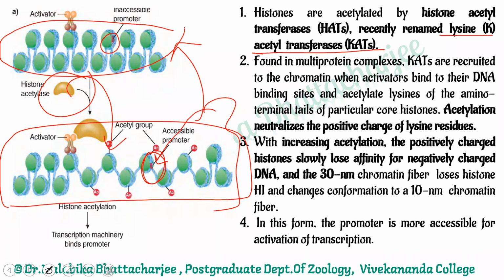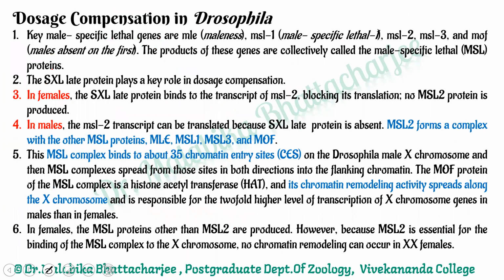Now, in case of Drosophila, by now I have repeated this phenomenon that the male X is hyperactivated. That means the male X chromosome needs to loosen, needs to open up. So by now you must have understood that in case of the Drosophila X chromosome in males, the X chromosome is opened up by this group of enzymes, the histone acetylase. Now, which behaves as the histone acetylase? Let's move to that point.